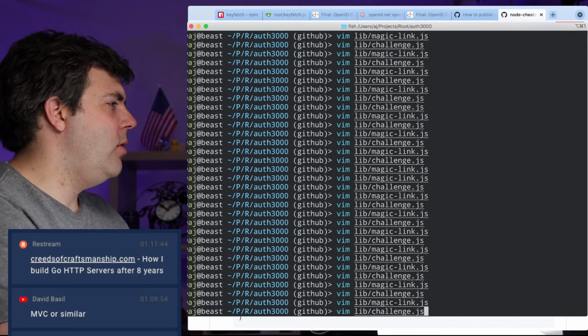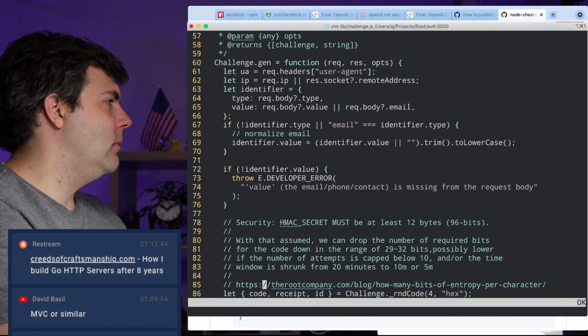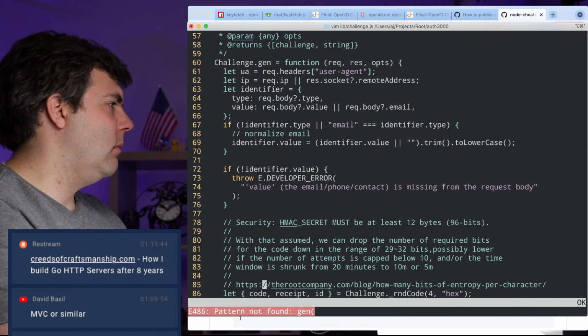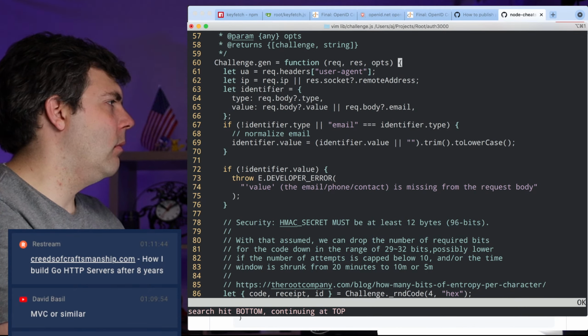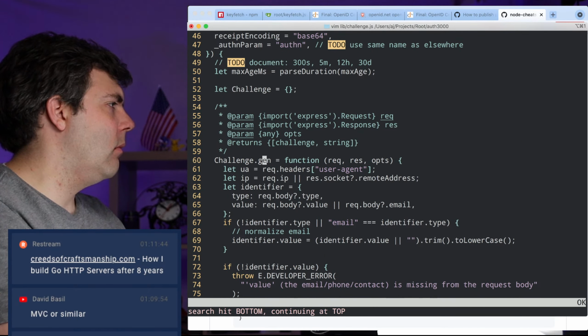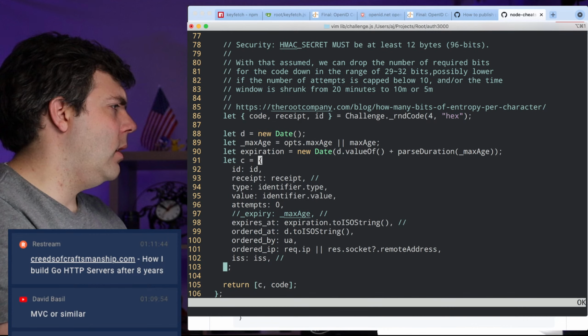All right, so what is that gen all about then? I'm kind of surprised that it's not linting the return value. And I should be able to do it.